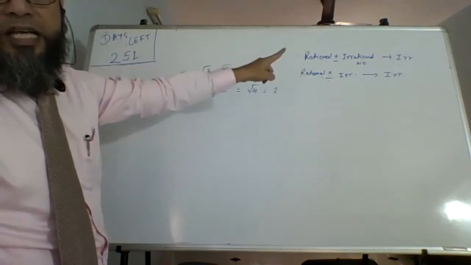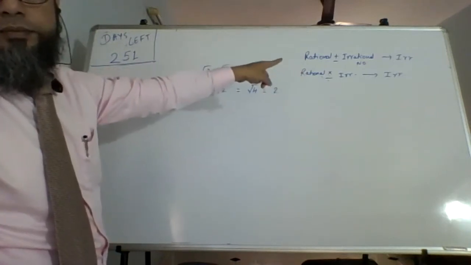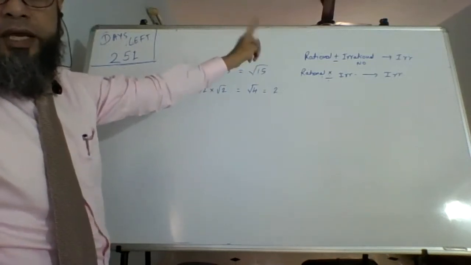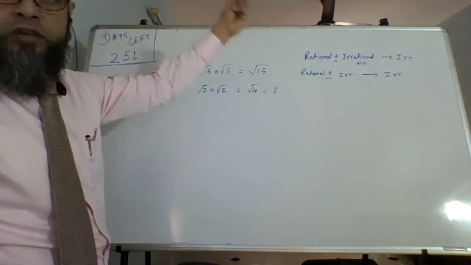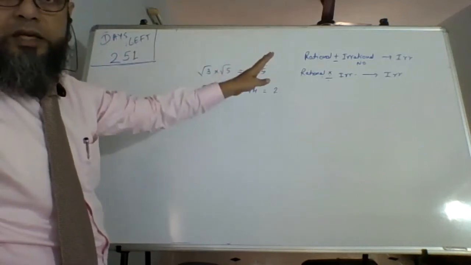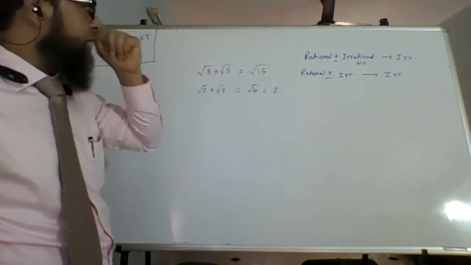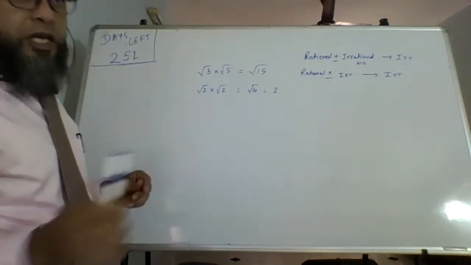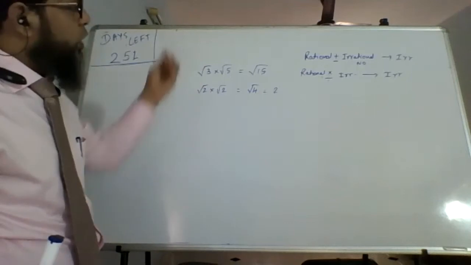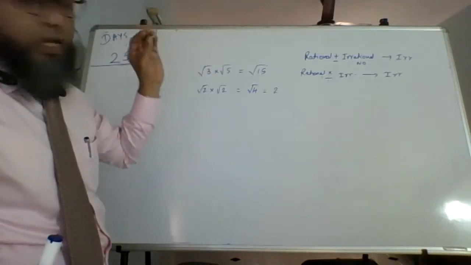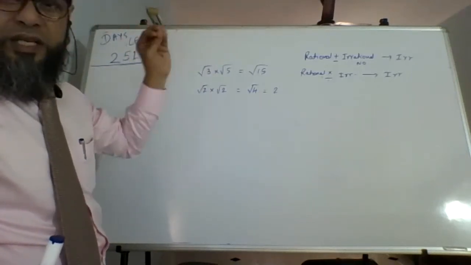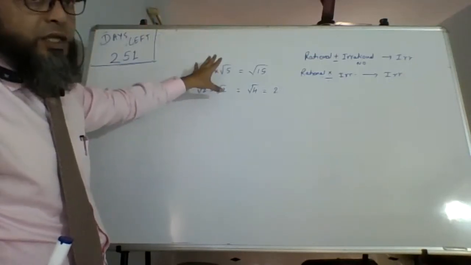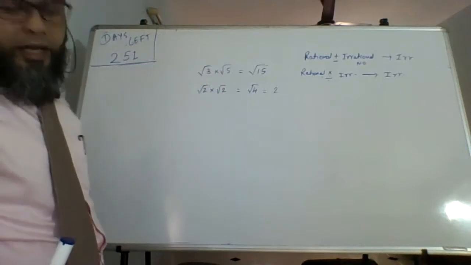One rational, one irrational, always irrational. Whether it is multiplication, addition, subtraction, division, one rational, one irrational, always irrational. Are we clear? When one number is rational and one is irrational, then their addition, multiplication, product or division will always be irrational. If you want, you can write this down in a nutshell, so you don't have to worry too much. But when both of them are irrational, then it may or may not be irrational.